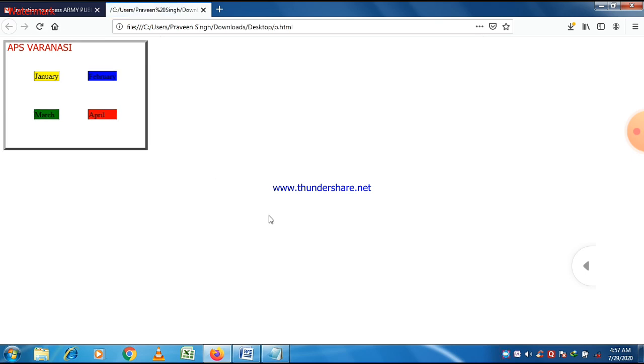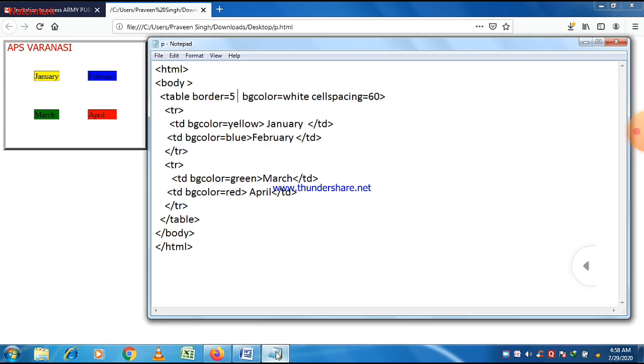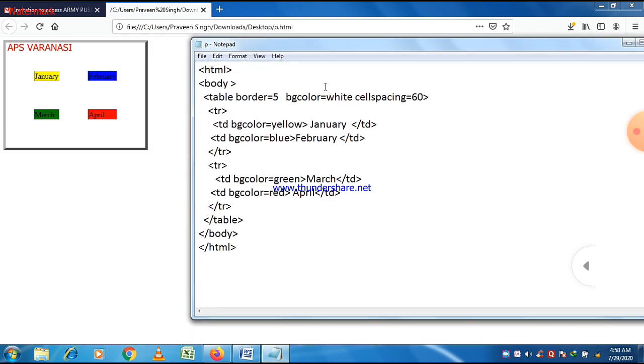If you want to change the border of that table, just put a border value of more than one, and you can easily see that the border will also be changed. The border is 5 here. And if you want to change the color of the border, it is also possible by an attribute border color given in the table tag, and the border color here is orange. So let us save the program and execute it. You can easily see what the output is.